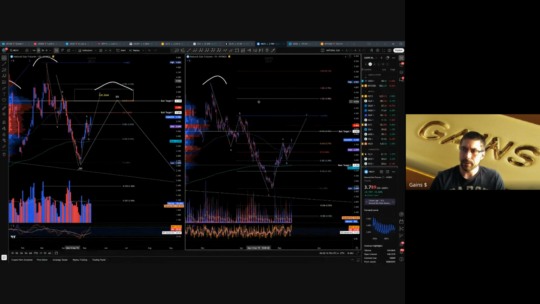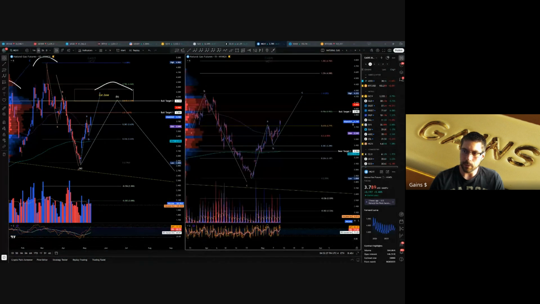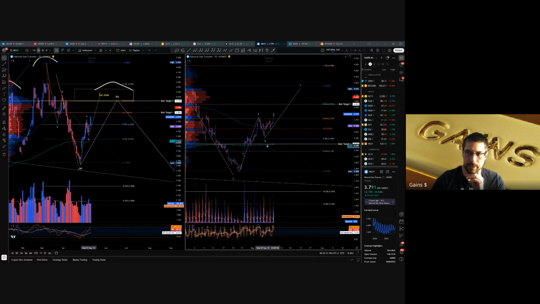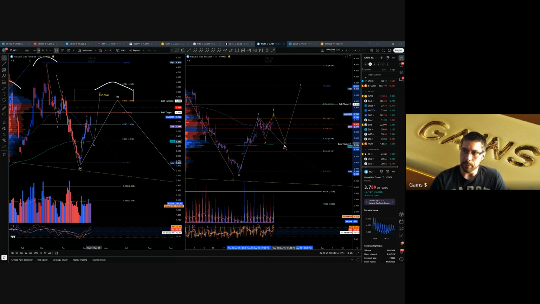Okay, so gas. This one's good. I think I mentioned earlier today, we're 3-2 long versus short. I expected this to head a little bit lower. I'm actually surprised it didn't head back down here and test the 200-day moving average. So I guess it could still do an irregular sort of pattern like this, and that would be your B wave. And this bear target one would be a good spot to exit those gas shorts. I wouldn't add any more shorts up here, just because I think the higher probability is that you're going to see